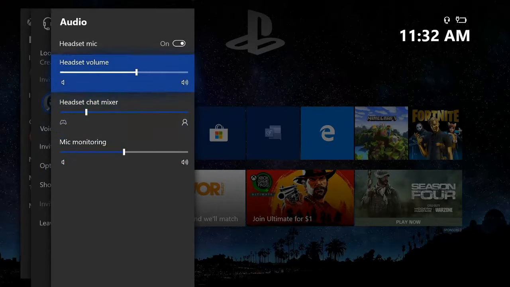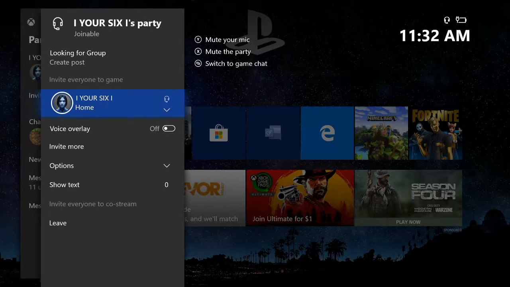So increasing the headset volume on your Xbox One is very easy if you don't have it on your headset itself. Just make sure your headset is turned on the top here, and you should be good to go. So for me, using this Samsung headset, and I just plug it right into my Xbox controller, is very convenient